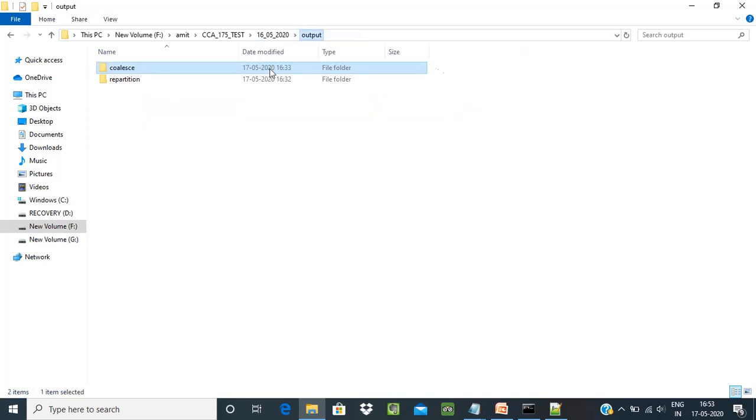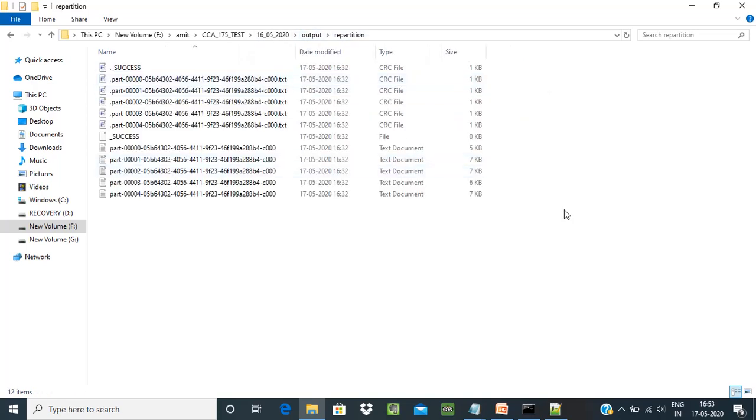But if you see in the repartition, the amount of data is 5, 7, 7, 6, 7. It means almost equal amounts of data in each and every partition. So this is a big difference between repartition and coalesce. Repartition has more shuffling of data, but coalesce has less shuffling of data.